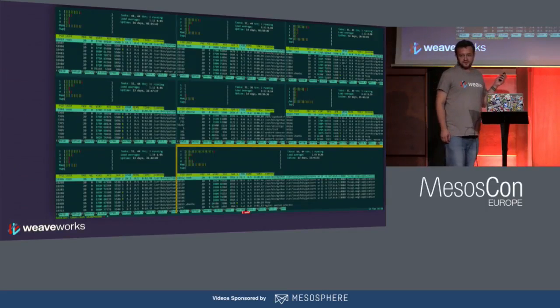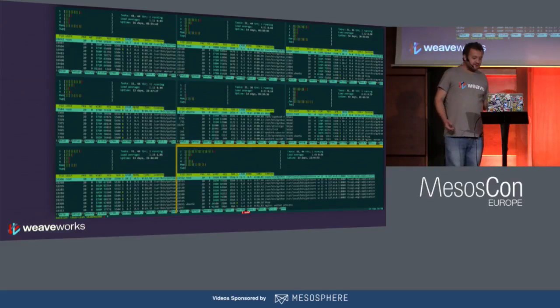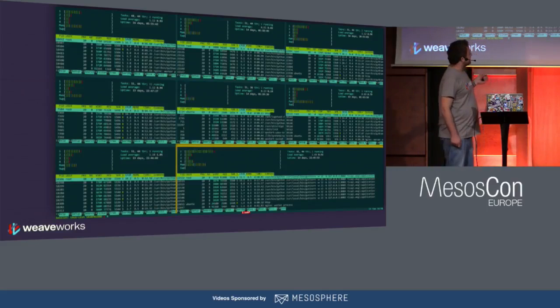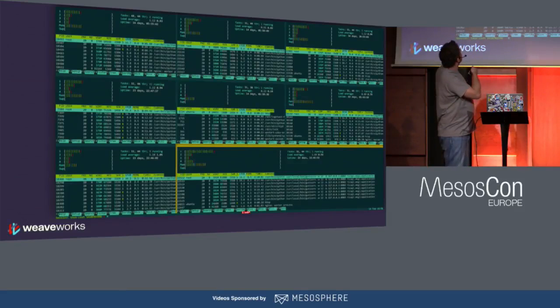I'm sure a lot of you are familiar with these kinds of situations where you'd have multiple terminals running, like htop. And you think, oh, that's cool. But I was never able to process all this information. I mean, I can look at one of them, and it all makes sense. But put 4 or 8 of these things, or how many we got? Yeah, I think this was 3, 4. Anyway, too many for me to actually understand.